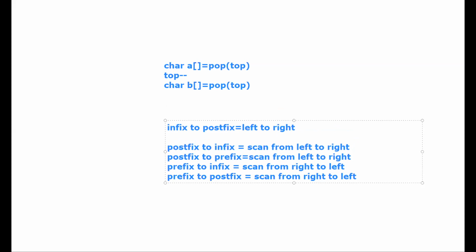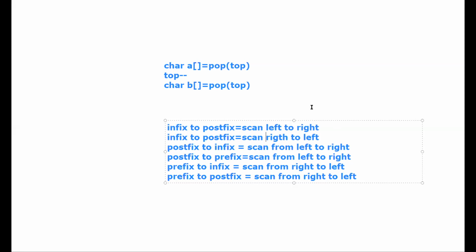Next, infix to prefix, right to left. So this is the scanning. Only scanning I am telling.